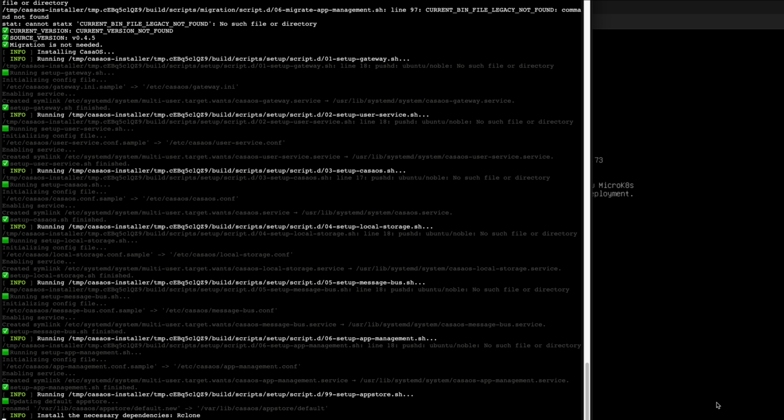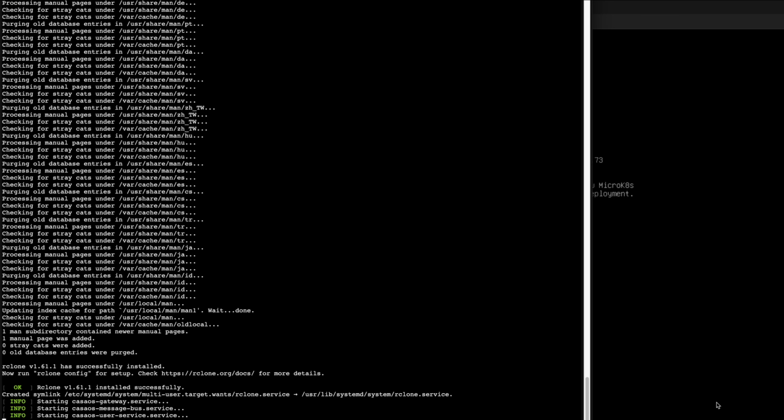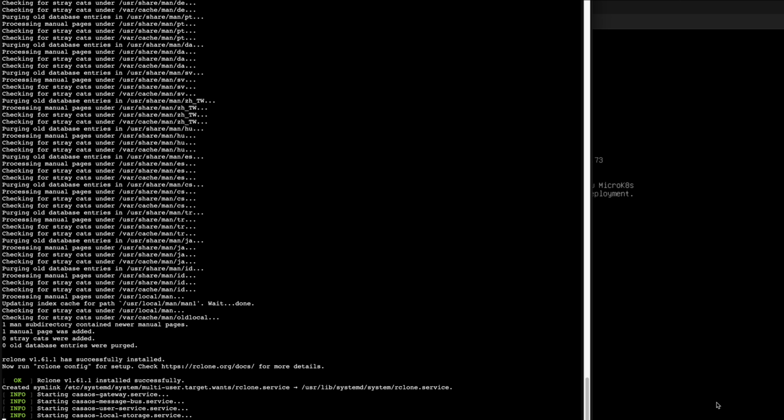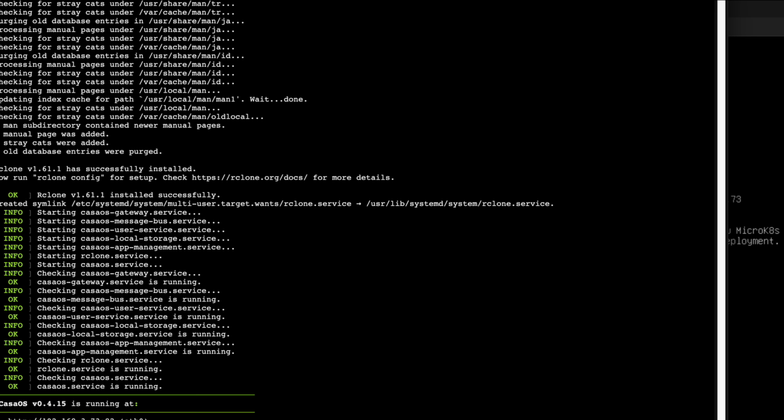Now it's installing the dependencies for the release. The install is now completed. It gives an IP address where it installed a static IP, which can be used to log into CasaOS and then configure the hard disk and